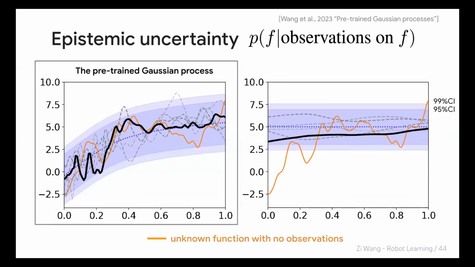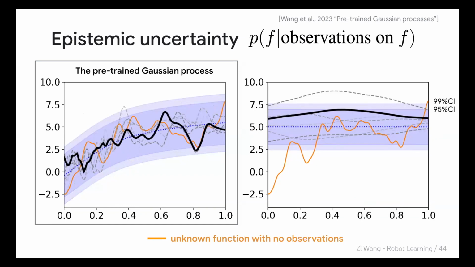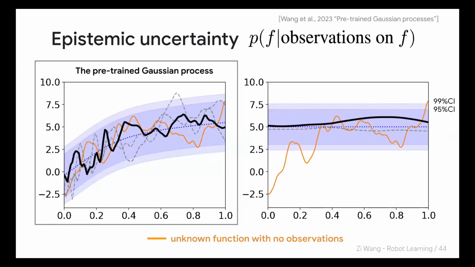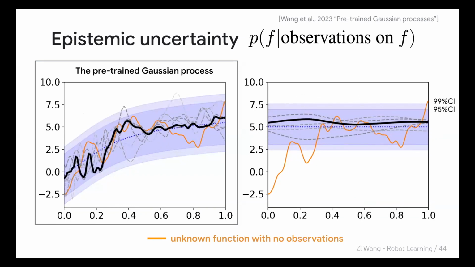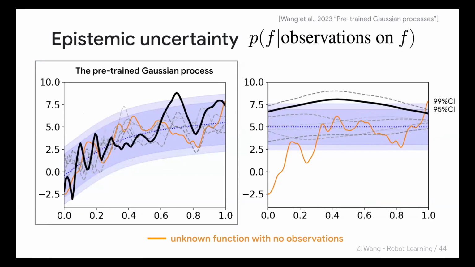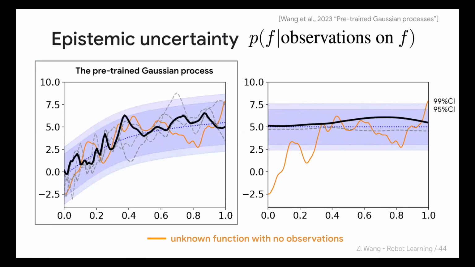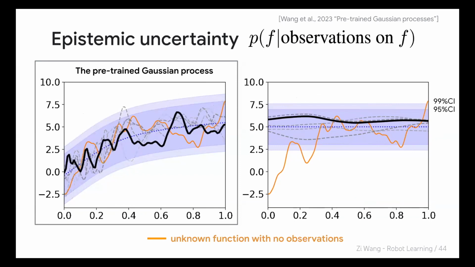So the nice thing about it is that with the pre-trained GP, now we can have much better epistemic uncertainties so that we can use it to make decisions. So here are some